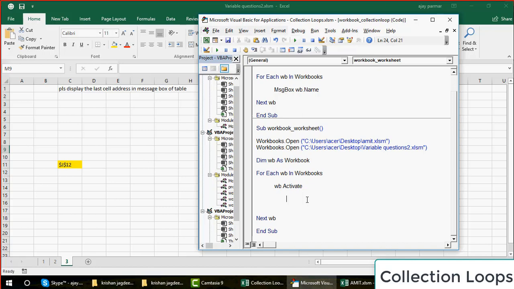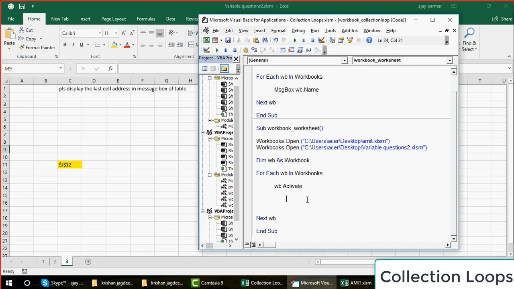You don't know this, nor do you know the names of the sheets, so you can't just write Sheet A Select, Sheet B Select. No, because every workbook will have a different name. So there comes the collection loop called For Each worksheet In Worksheets, which we did last time.